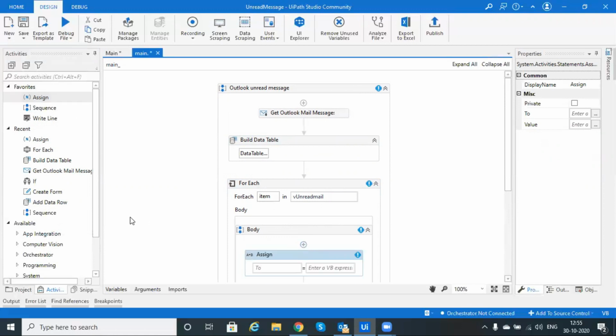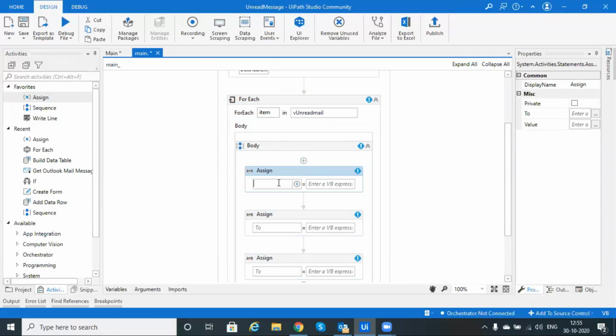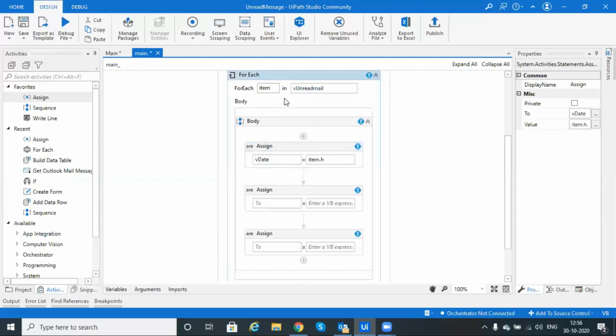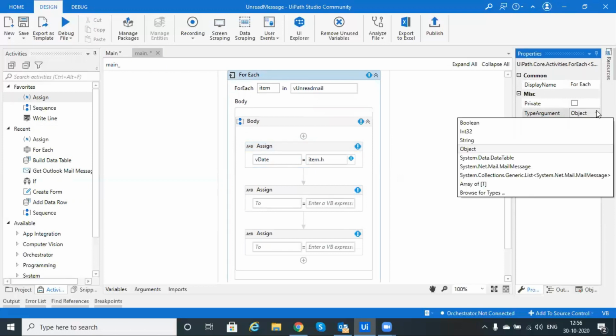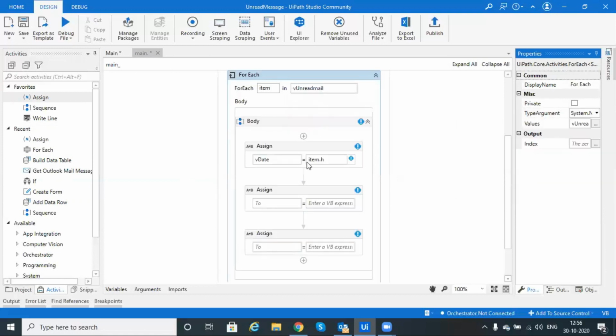After that, we will take three Assign activities where we can keep all the data. First we will create one variable called v date, with item.Headers. Actually, the header is not there due to the type argument. In the For Each you have to change the type argument to System.Net.Mail.MailMessage.